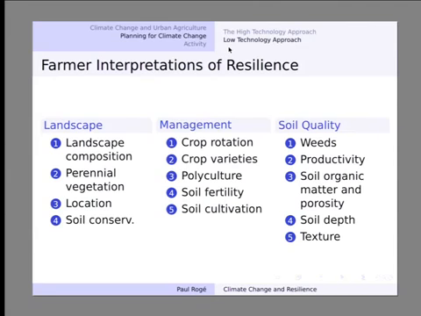So we placed them in the landscape scale, management scale, and soil quality realm to make it easier to interpret. The landscape indicators would be those indicators that aren't really directly influenced by one farmer. I mean, there's more of a community impact happening there. It's not one farmer's actions that are impacting those indicators. It takes the whole community. In terms of the management, those are things that the farmer is directly responsible for managing in their field. And then soil quality would be things that are mostly descriptive. They're not directly impacted by farmers' actions, although they might be over the long term.